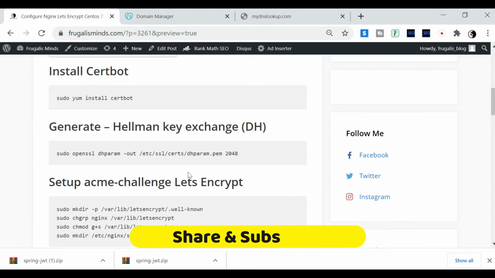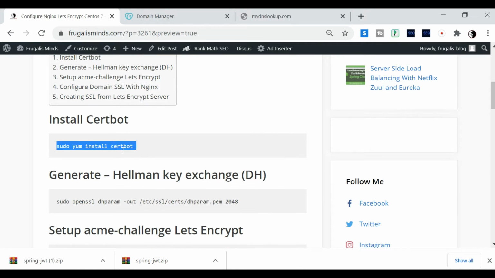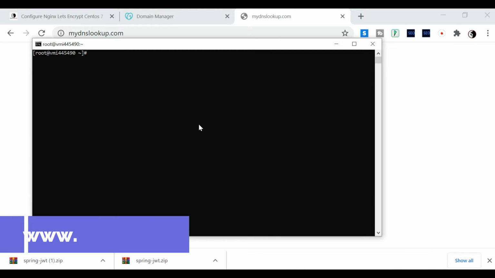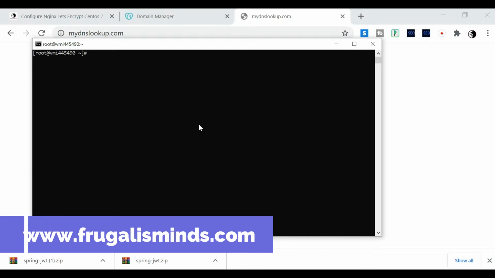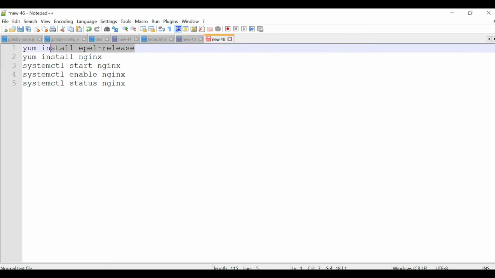So we are going to use a free SSL. So Let's Encrypt is basically a free SSL provided by the SSL community. So this is a different community that provides free certificates to use for you. So this is my VPS which I have currently logged in, and let's install first the Nginx.